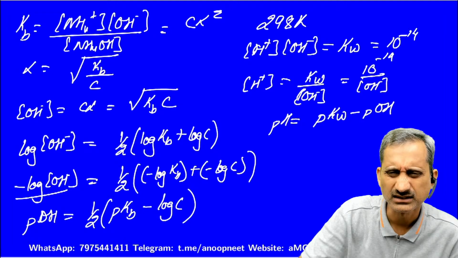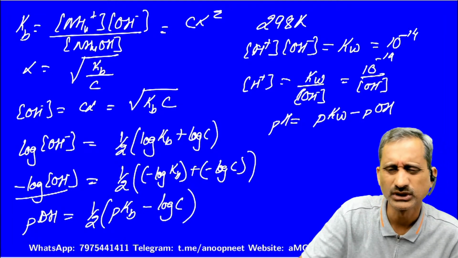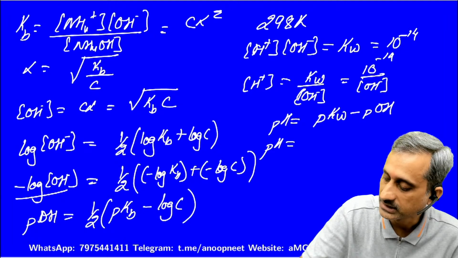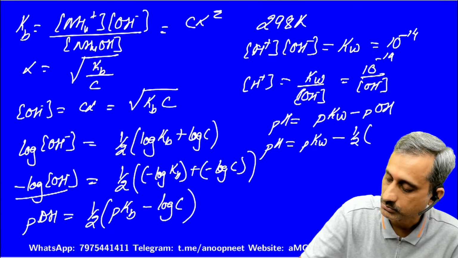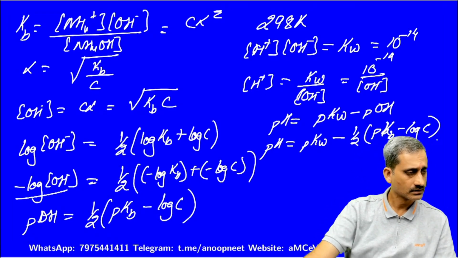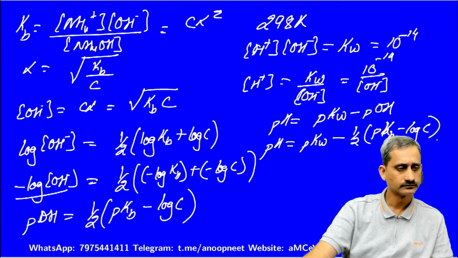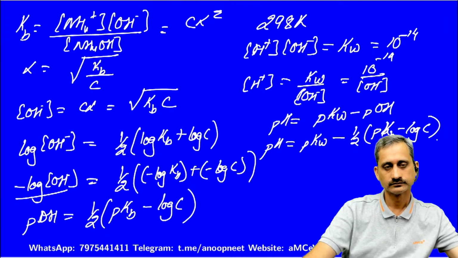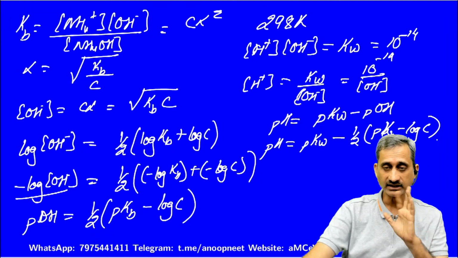ठीक है, मुझे ये थोड़ा सा इजी लगता है, मुझे पर्सनली, कि POH निकाल के 14 में से सब्ट्रैक्ट कर दो, इजी। So pH will be equal to PKW minus 1/2 bracket PKB minus log C. ठीक है, कोई कंफ्यूजन किसी को? नो सर। PKW means 14. 14 at 298 Kelvin. टेम्परेचर इज मोर इंपॉर्टेंट। टेम्परेचर बदल दिया, ये वैल्यू बदल जाएगी।